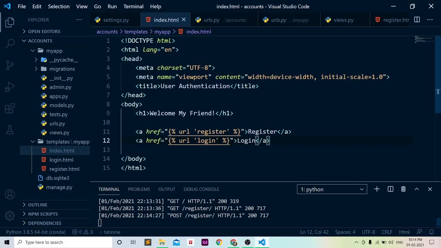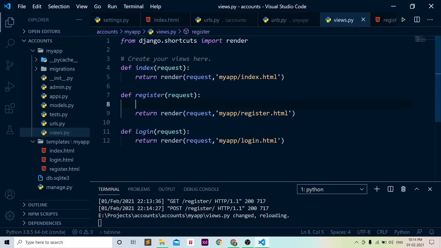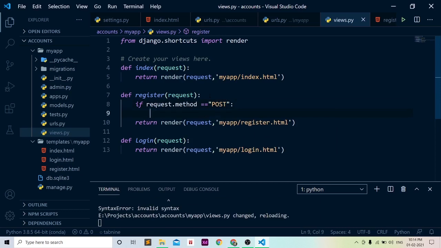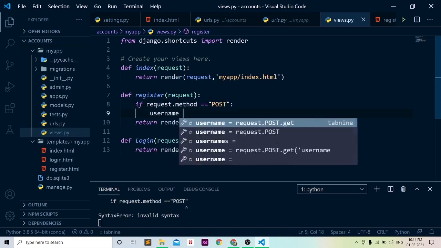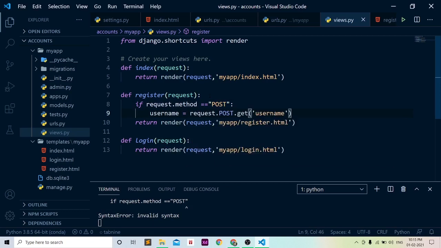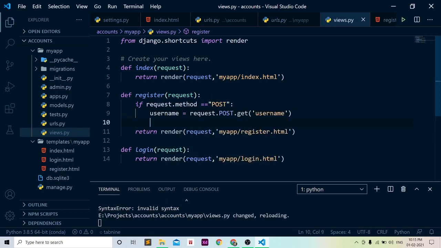because we haven't done anything. So now we will check whether request.method is equal to POST or not. If it is equal to POST, then we need to get those values. So username will be equal to request.POST.get('username').